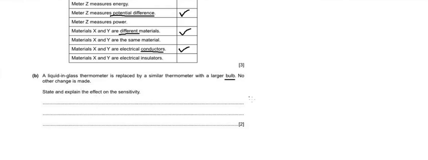So we had learned what was the sensitivity. Sensitivity is nothing but the ability of the thermometer to measure the small changes in the temperature. Even if there is a small change in the temperature, there can be the expansion of that liquid we are using in the thermometer, so that we can measure the temperature of that small range also. So that property is nothing but the sensitivity, and how it is related to the bulb. We had learned